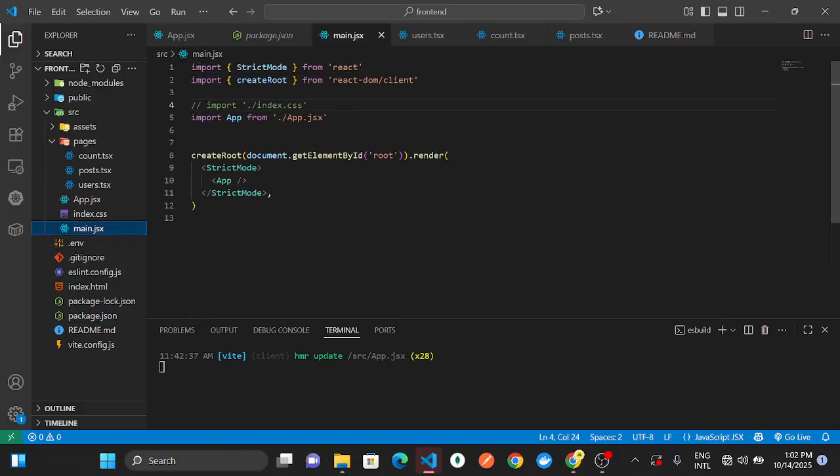This is our main.js. This is it. Then this is our component. This is it. This is the root. This is our root component. As you can see,